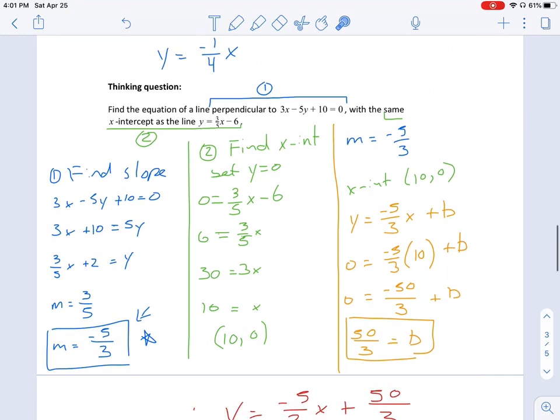And that thinking question here is a really kind of summation of everything that we've done so far. The equation of a line, we found the perpendicular slope by first finding the slope and then finding the perpendicular slope. We found the x-intercept of this line, and then we found the equation of our new line using our slope and